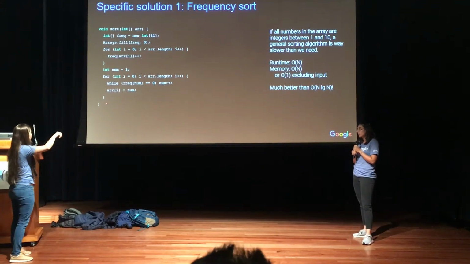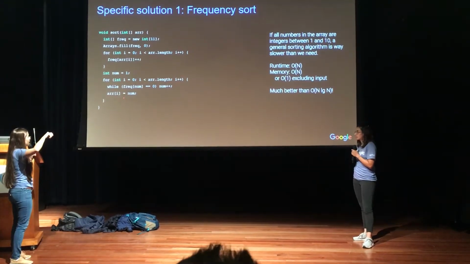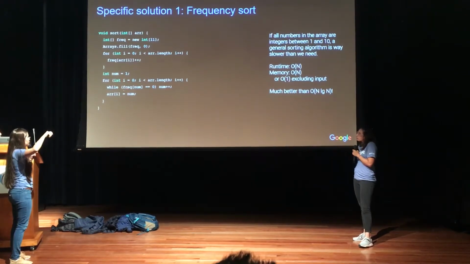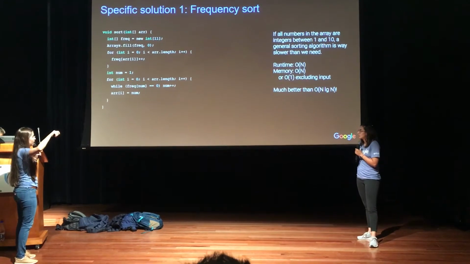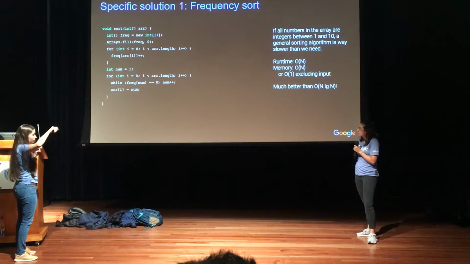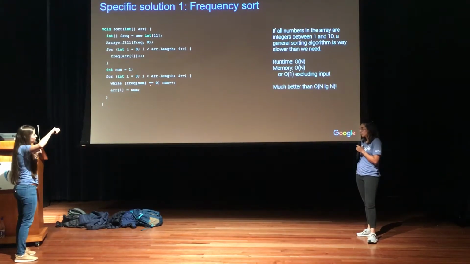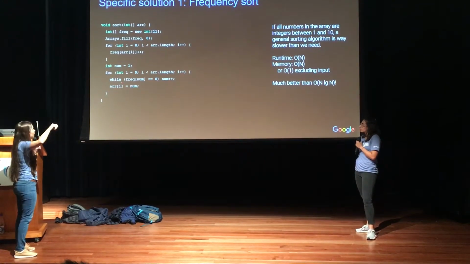So let me just go again. Array at position 0 is going to be 1. Frequency of 1 is now decremented, so now it's going to be 0. I is 2. Frequency of 1 is 0, so I increase num by 1. Frequency of 2 is 0, so I increase this again. So frequency of 3 is 2, not 0. So array at position I, which was 1, array at position 1 is